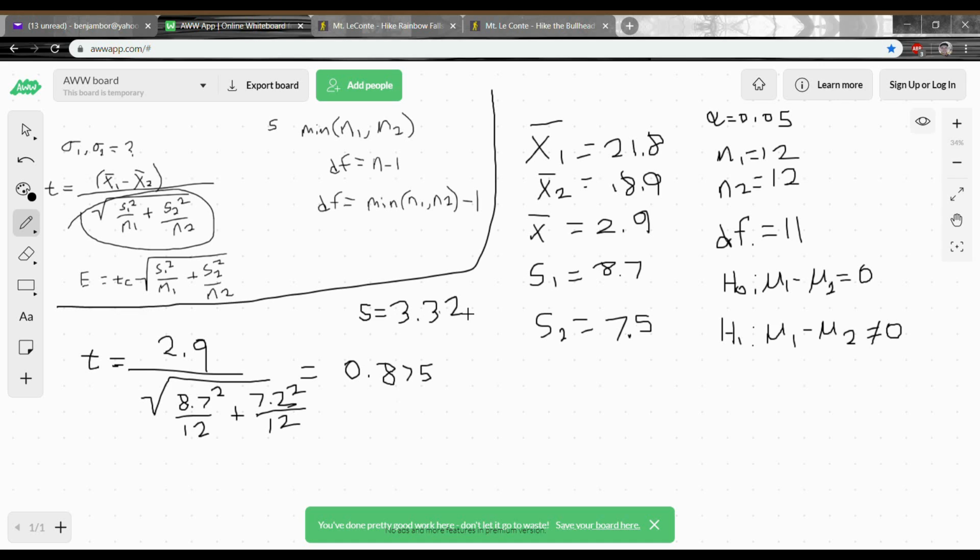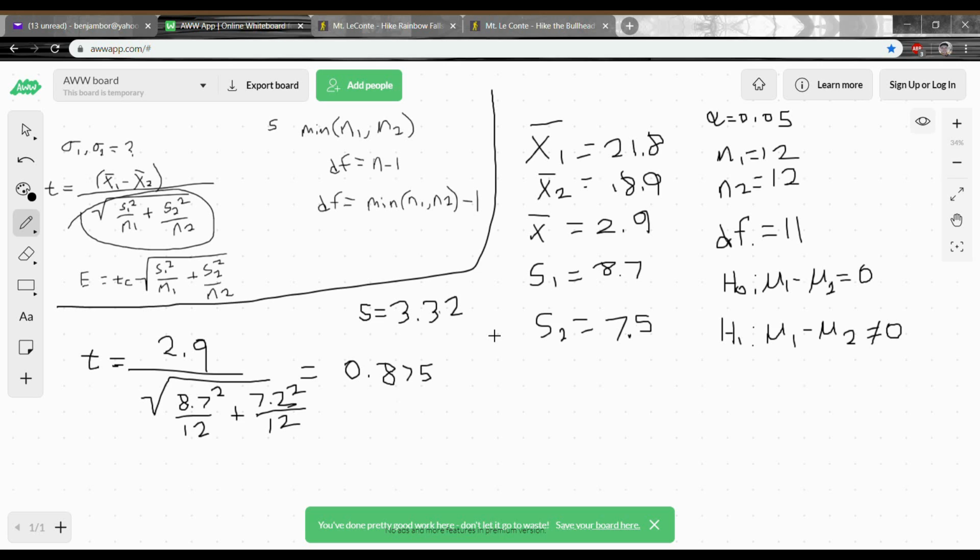Okay. Now that we have a value for t, we can go to our table and we can find an interval that the p-value is within. Remember that with the tables we can't find an exact value for p with t distribution. We could if we had a calculator, but we don't, so we're going to go down on the table to 11 degrees of freedom. Then we're going to go over until we find the interval that contains the t value of